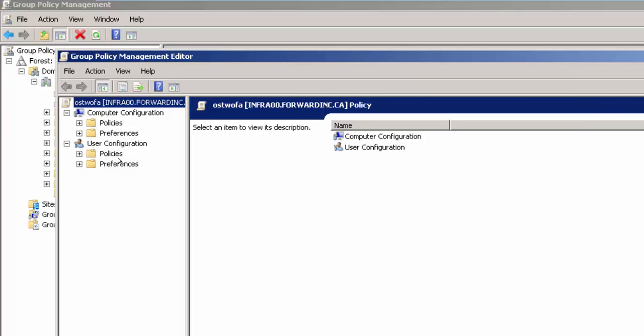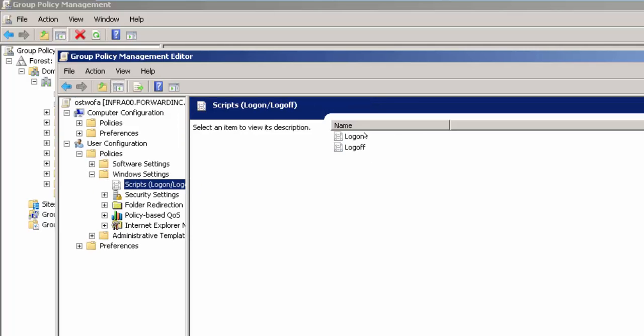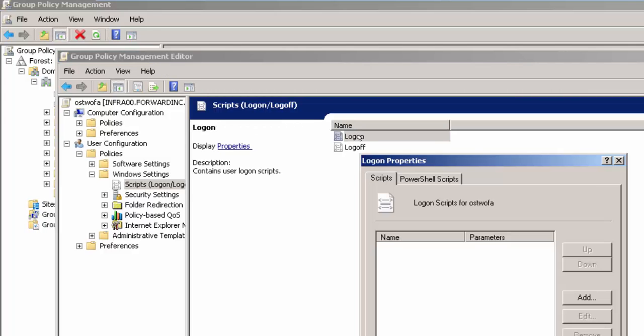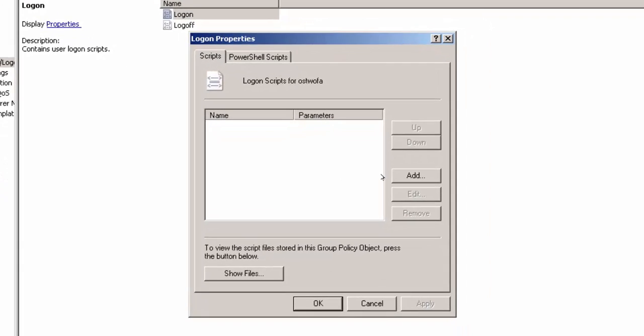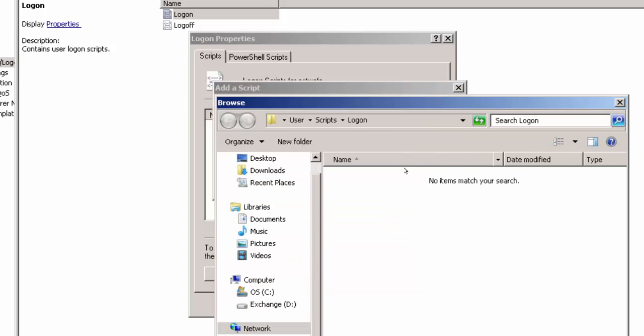So there's a few things we need to set here. Let's go over to the user configuration under policies, Windows settings, scripts for log on and log off. So we want to assign a log on script and let's add. All it asks for is the script name. I guess the easiest way we can go about this is